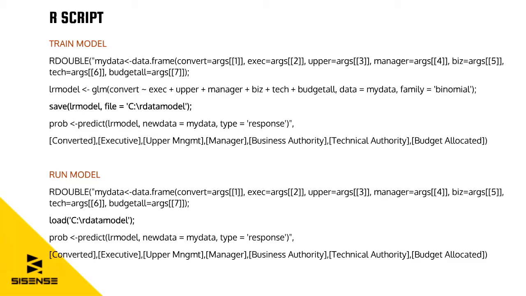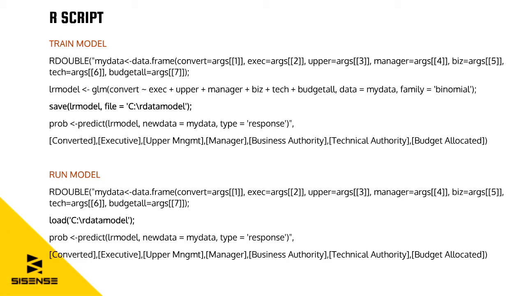So SciSense passes in data as a list of vectors. They did this so you could have generality and you could pass in a much more general set of data. So our very first step here, where it says my data gets data frame, is taking the vectors from this list and putting them into a data frame, because people who use R are familiar with data frames. It's just easier to work with. So that whole first line is just building up a little data frame to make life easier.